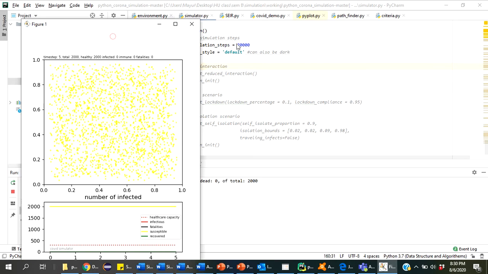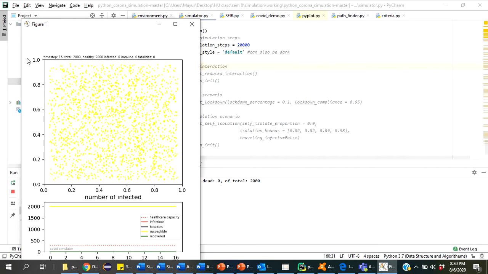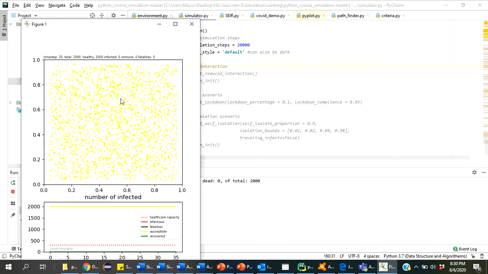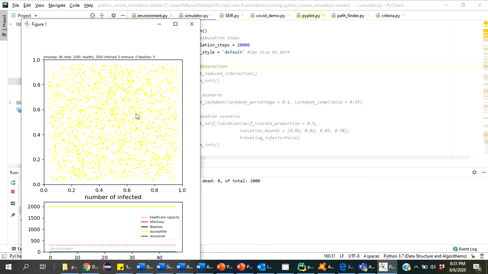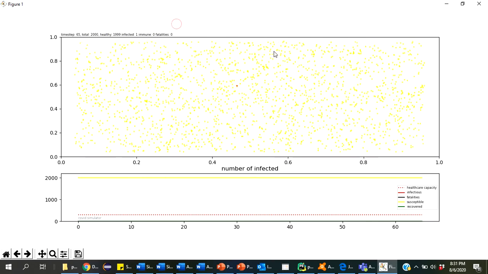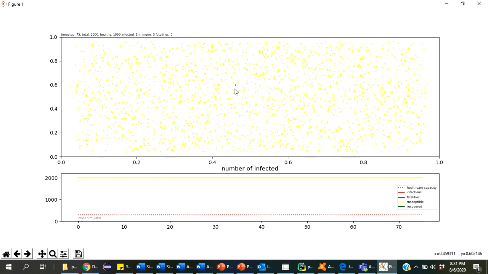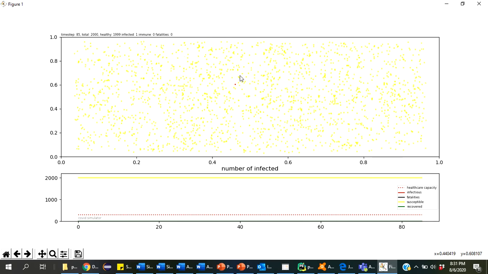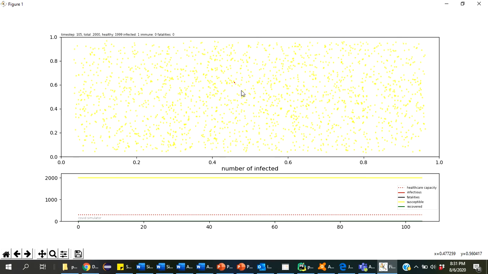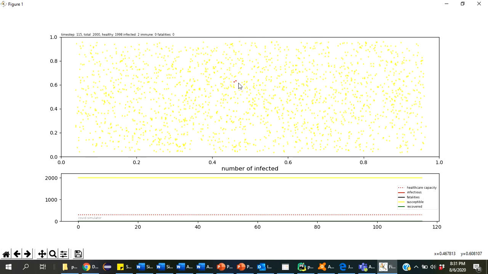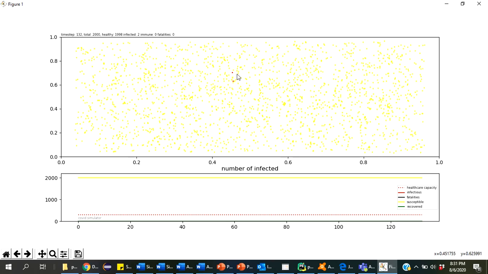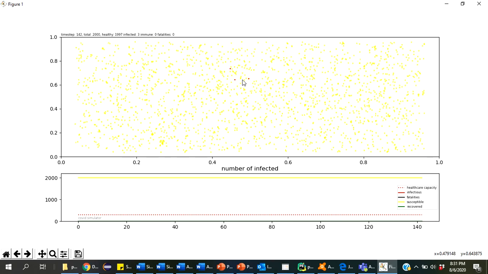I already explained in the first video that my simulation is nothing but 2000 people bounded in one cube, and I have given the whole population some motion. The people are moving, and when they move, they interact with each other. Here one person is already infected, so that's how people start infecting each other. If the people keep moving, it will infect more and more people. See here, one was there, and another was created nearby, because that infected person created the second one, then the third, like that.